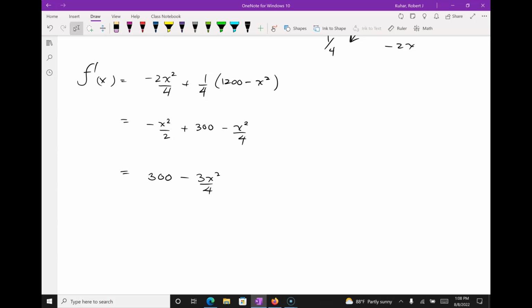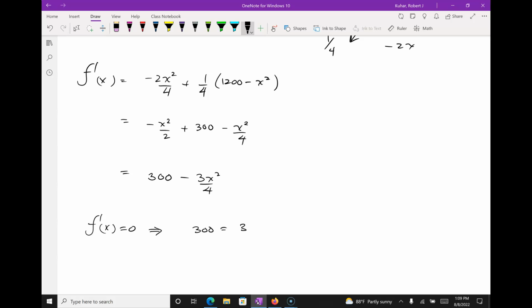You don't have to do your algebra like I am. In this particular case, I could get an LCD, but it's still just me solving for 0. So f prime of x equals 0 implies